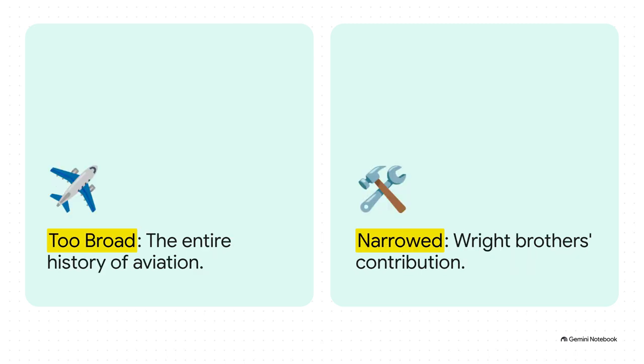You also have to remember that your project's purpose and format completely change what your scope should be. Let's say you're assigned a quick 5-minute presentation for the class. If your topic is the entire history of aviation, no way. You are going to run out of time before you even mention the jet engine. It's just too big for 5 minutes. But if you zoom in and focus on the Wright brothers' contribution to modern flight, you can comfortably and effectively teach your classmates something really meaningful in that short time frame. You always want to match your scope to your project's specific needs.